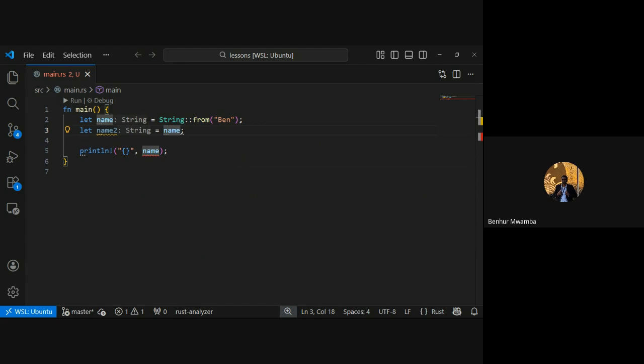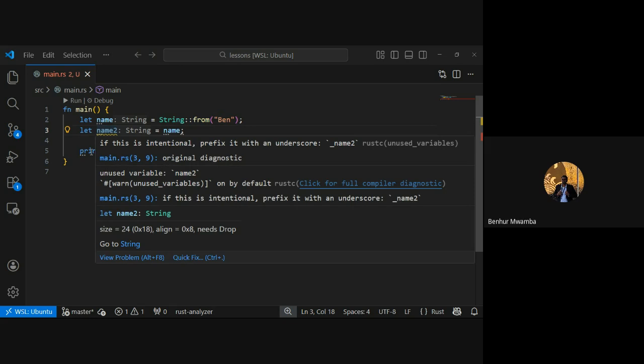And now, what happens if you want to borrow? Because now we took the ownership. Name2 took the ownership of the value in name. So what if we run